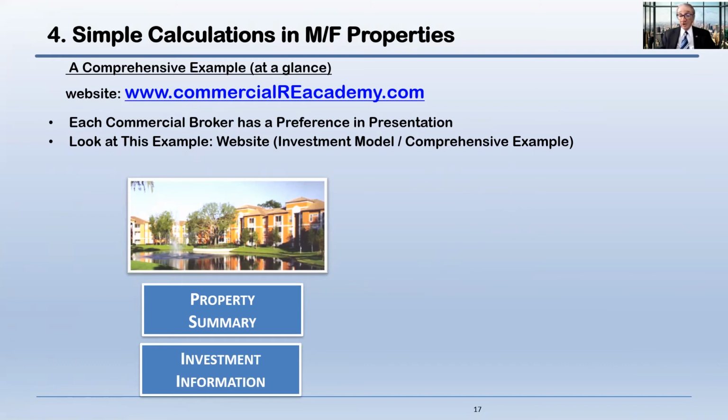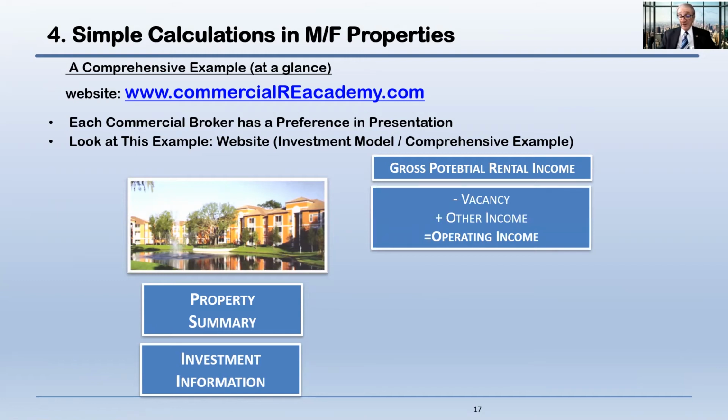That's a summary of how much money is being asked for the property, how much per unit is being asked, what is the cap rate, which I'm going to go through later on, and some other summary numbers. And to the right-hand side, we go with a logical flow, which is the gross potential rental income, and subtract the vacancy, then add any other income, such as laundry or vending machine, and that will get you to the operating